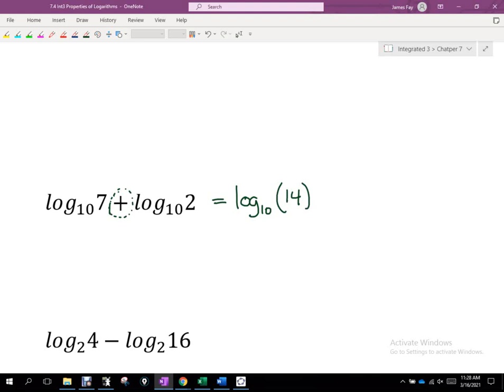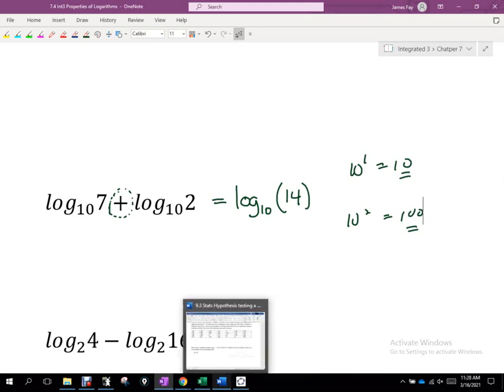So my hope is that you can see that 10 to the first is equal to 10. 10 squared is equal to 100. Which one of these numbers, 10 or 100, is 14 closer to? 14 is closer to 10. So when we evaluate this, my answer for my exponent better be much closer to 1 than it is to 2. So if we evaluate this real quick,